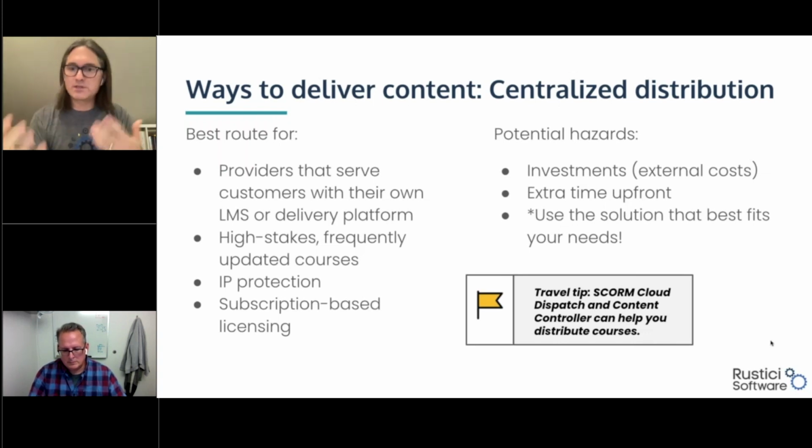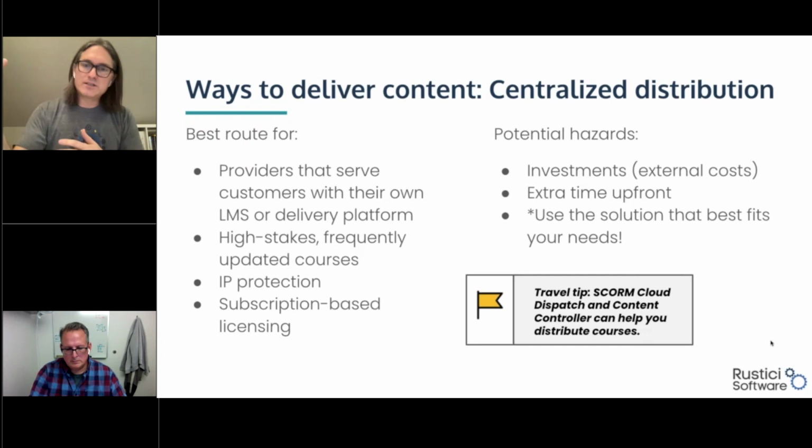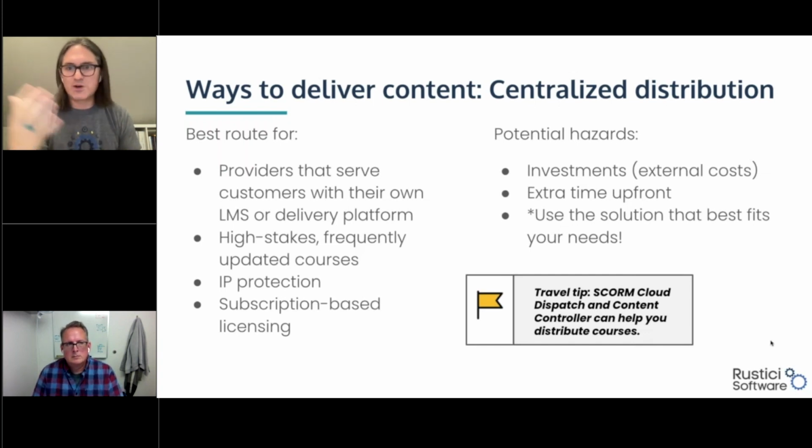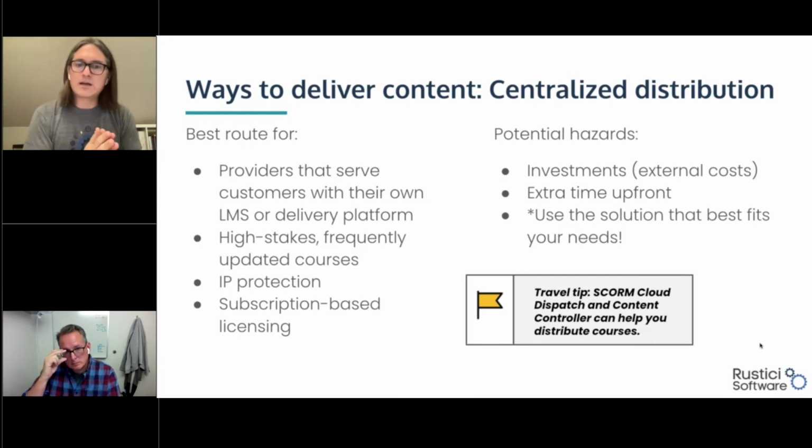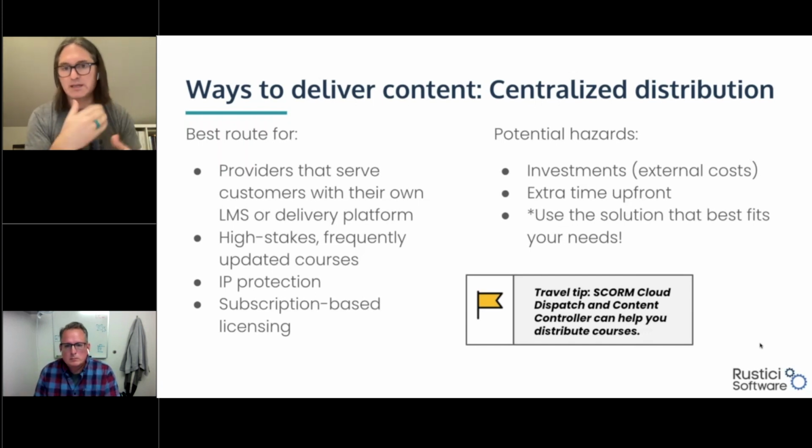In this case, there's going to be an investment in the technology, but ideally the investment is worth it because of all of the benefits that it provides. A bit more upfront time, although for our solutions, we try to make that super simple. You would actually work directly with Joe and some other folks on our team to get up and running rather quickly. But there is still some upfront time for getting familiar with the application. There's a little bit of a learning curve. There's a time investment to get up and running with a solution like this.